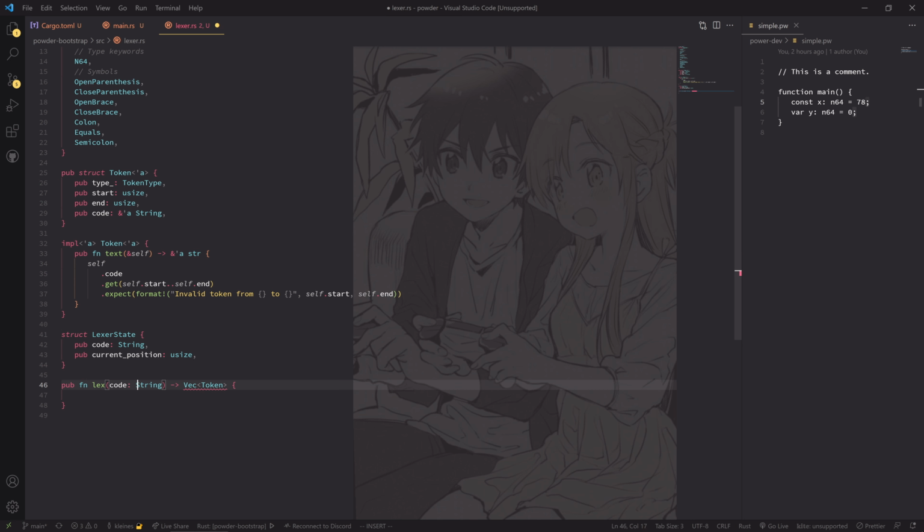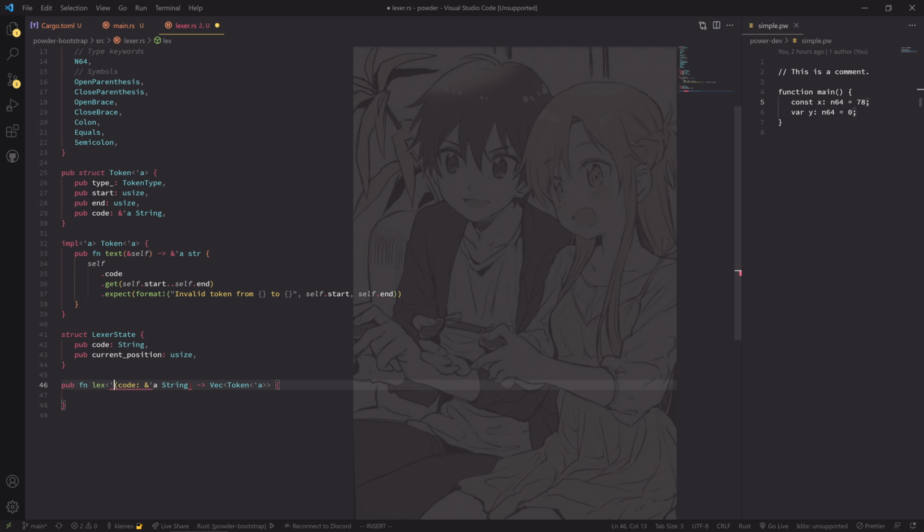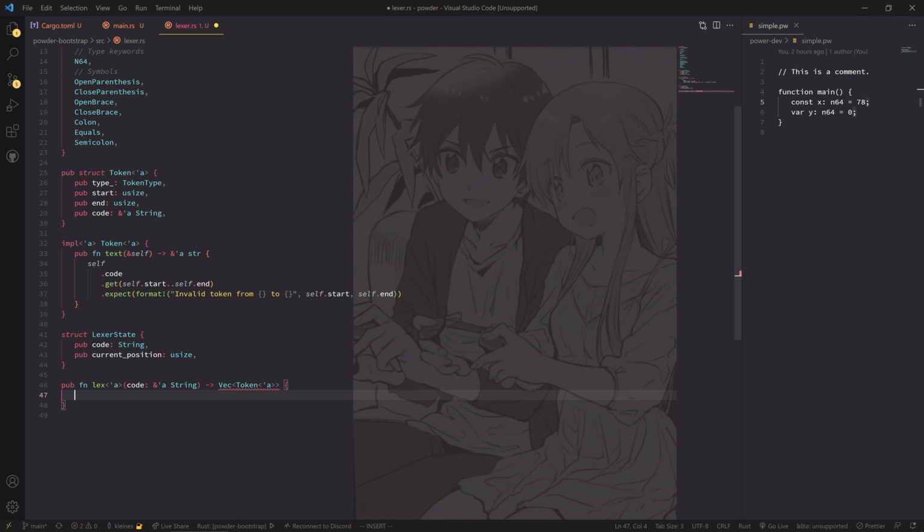Then, okay, well, let's say that we pass the string in by reference, and that the tokens then can take over that. Can just copy that thing, and this is, yeah, return type. Let's just actually new that very quickly so that we get type checking. Yeah, okay. Okay, so